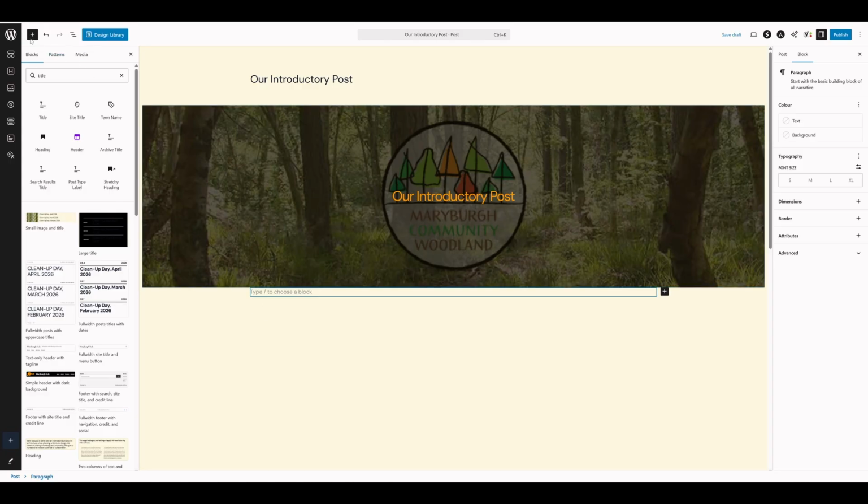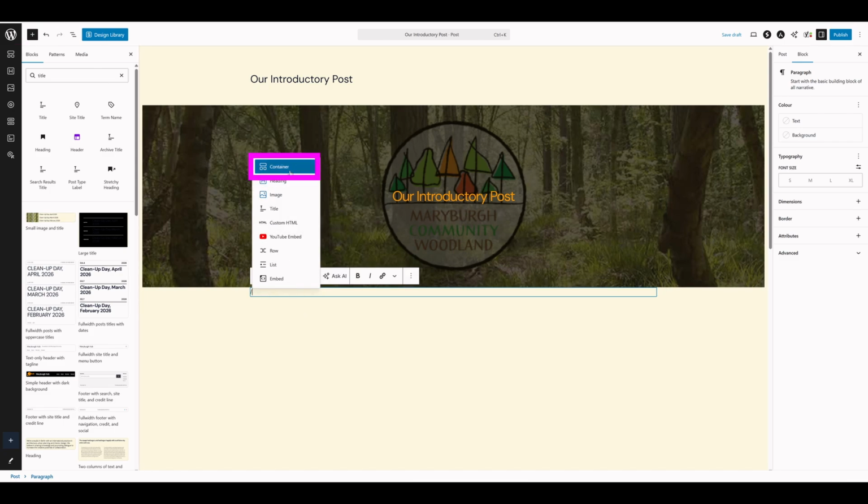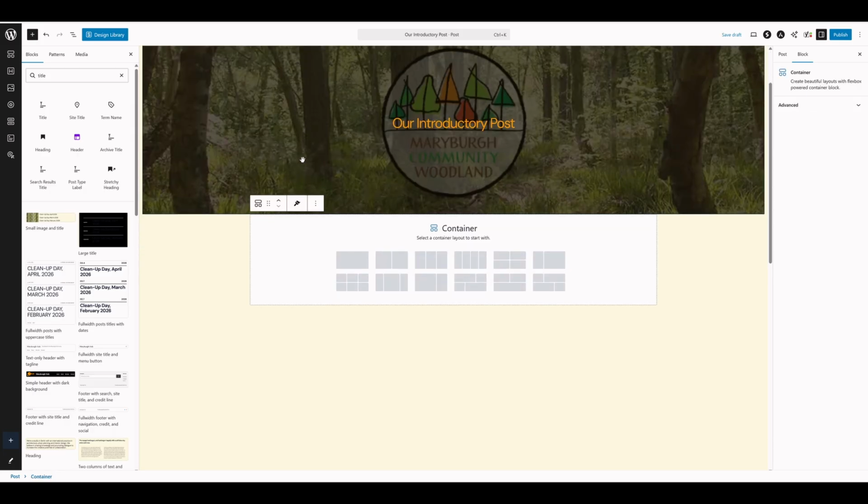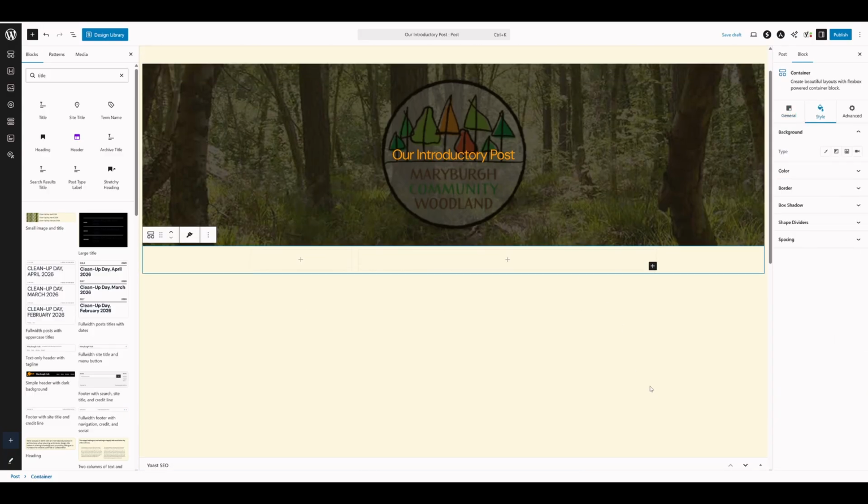Again, we can use either the plus over here, or we can actually type our slash down here and select container. Again, we're going to get all the different layouts of container coming up. And the one that we want to use this time is the last one on the first, because what I want to do is I want to have a small picture and then with text along at the side of it. So I'm going to click on that, and we see the container has been added with a small section